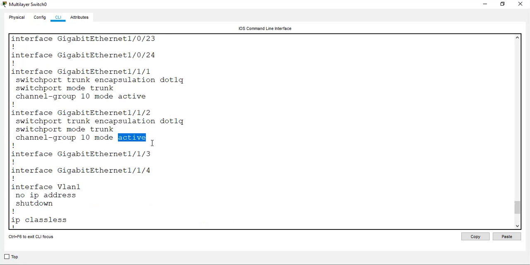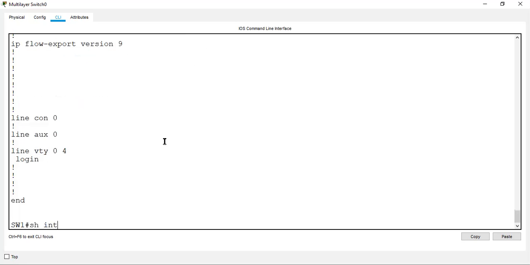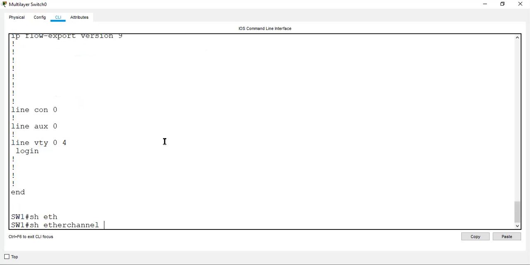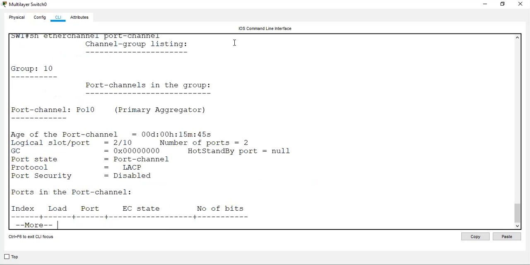And moreover, when you do this, it is better to design a diagram, which will make your life easy. Instead of just thinking about it, create a proper diagram. Then show etherchannel. Then you have port channel commands that will help you understand that. We can also set the port security for the port channel.